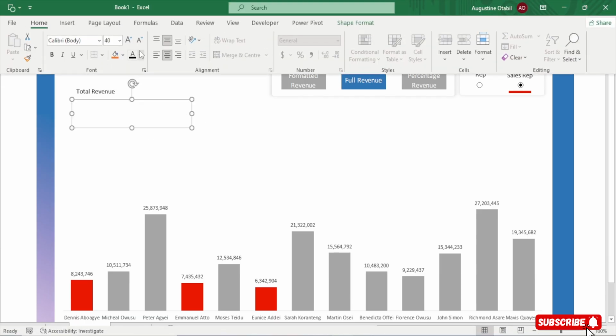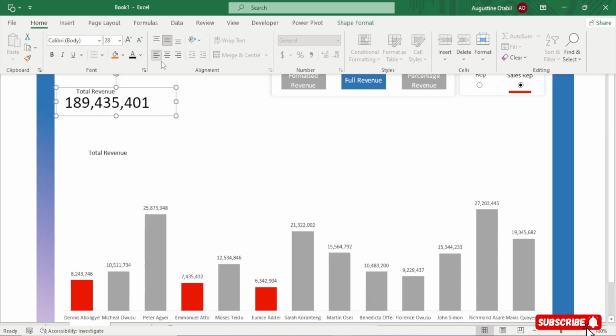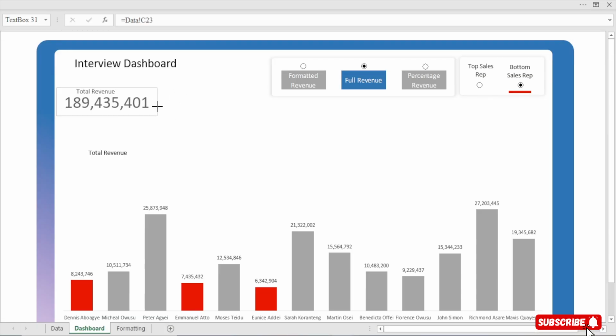I think let's minimize it. 28 is not bad. So you see what we are doing here. Perfect. Now I will duplicate this one here, then send this one to the top. Perfect. Now I would say this should come here, so that I will reduce it and shift it back.